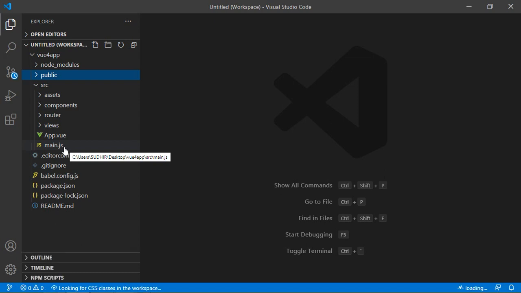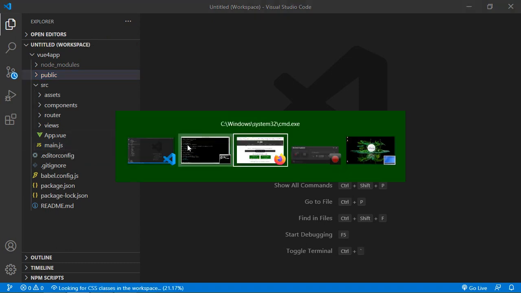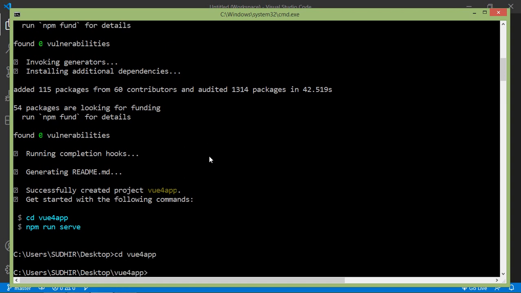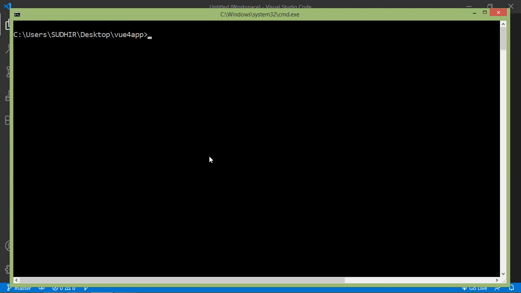Now let's run this Vue CLI 4 app. Switch to the command prompt and move to the project directory. Just write cd vue4app and press enter. Clear the screen, and for running the Vue CLI 4 app, type npm run serve. Now press enter.